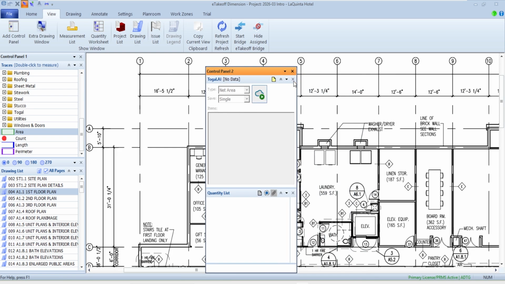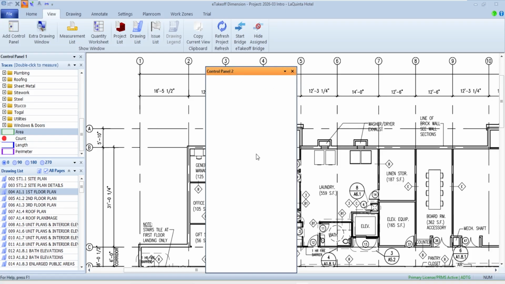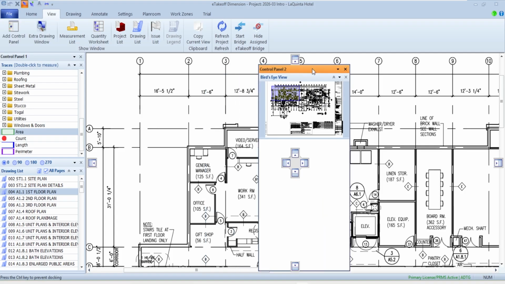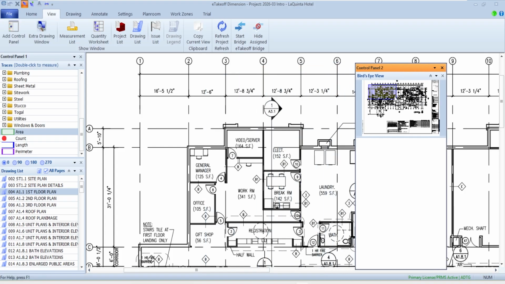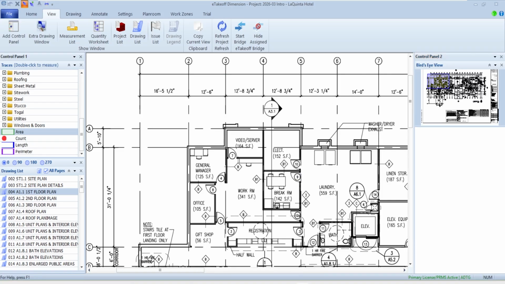One thing that's kind of handy, I'm going to go ahead and close this up for a moment for the second control panel. And I'm going to say I want the second control panel to be my bird's eye view. This bird's eye view is something I could have on another screen if I needed to, which in my case, I don't have, since I don't have the multiple screen recording going on. So I'm going to leave this over here at the moment.